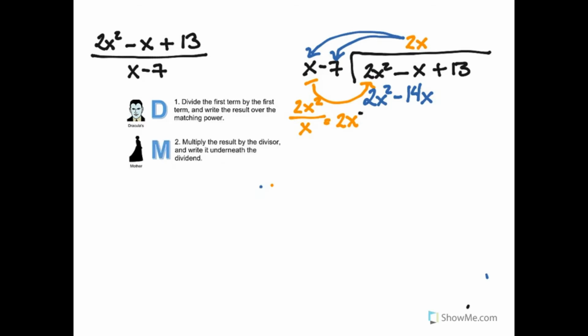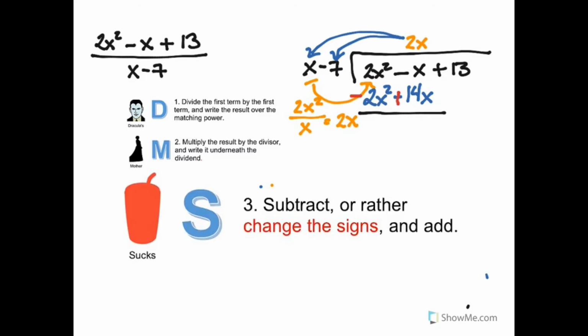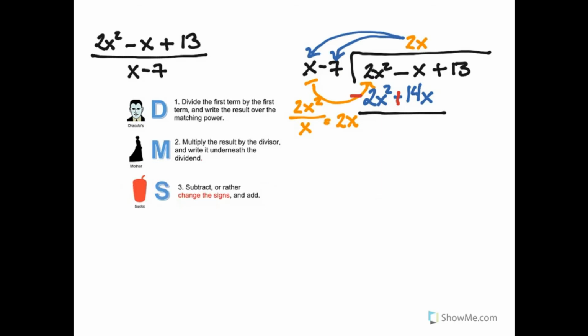Now I'm going to subtract, and since polynomials can have negatives, it's easier to change the sign and add. So in that step, we subtract, or rather change the signs and add, and we get negative x plus 14x is 13x. The next step is to bring down the 13,